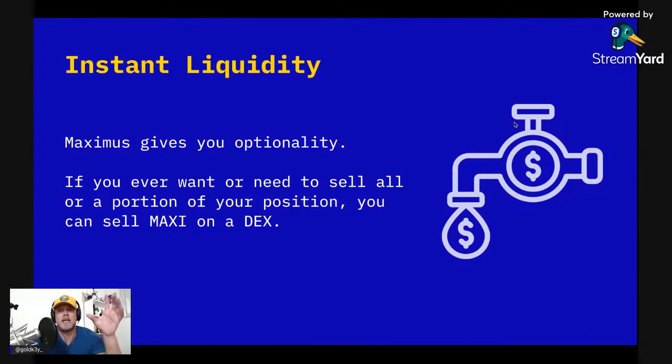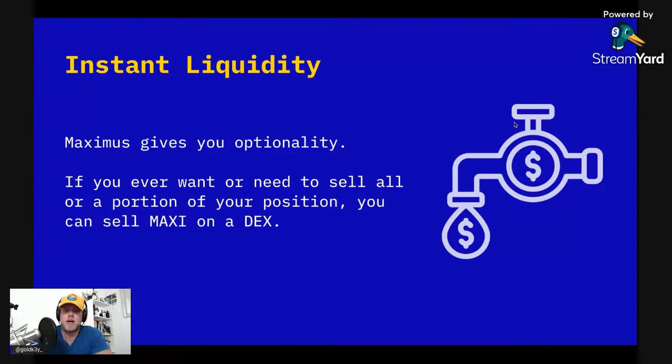So it kind of goes like this: Gnosis Safe is your entire wallet, Hedron is a single stake, and Maximus is very proportional liquidity. So you can just sell what you need rather than having to give up your entire stake. So I think that's pretty